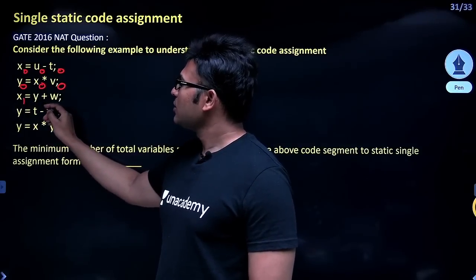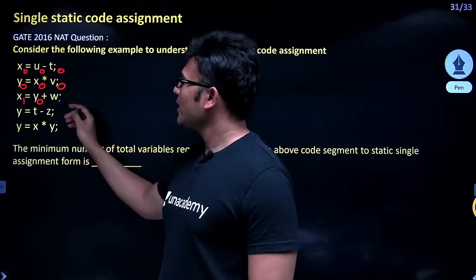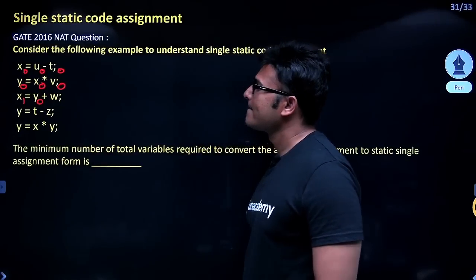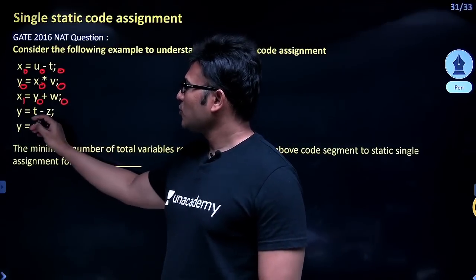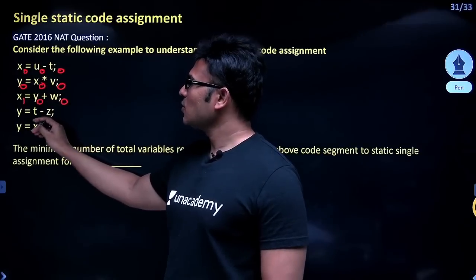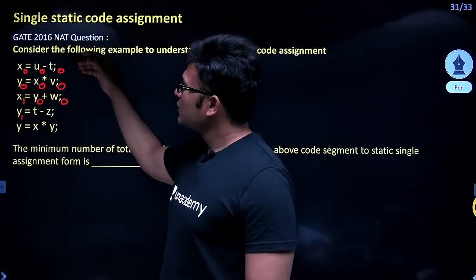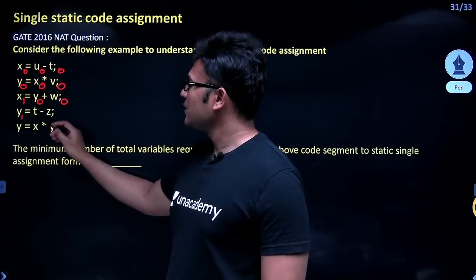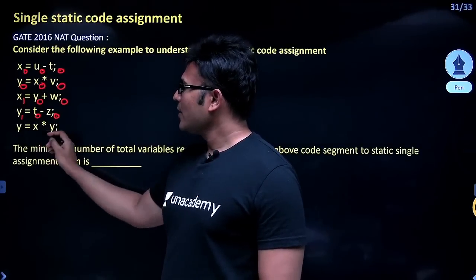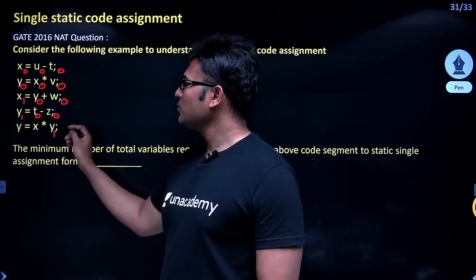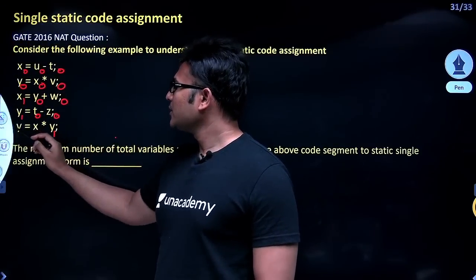And now what about y0? Whatever the value of y is here, the same value. What about the value of w? First time I am seeing it, therefore 0. And what about the value here? From the previous value of y it is changing, that is why y1. And what about the value of t? From the previous value it is t0, the same value, and z is also the same, z0. And again the value here is y1, the same value is used, but here the value is changing.